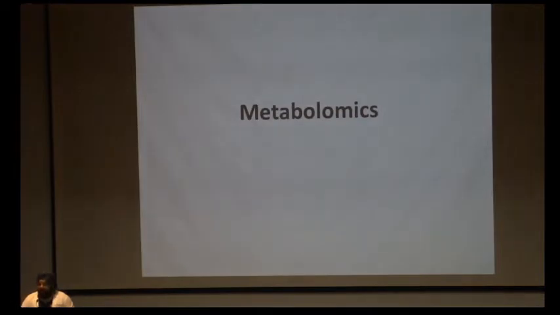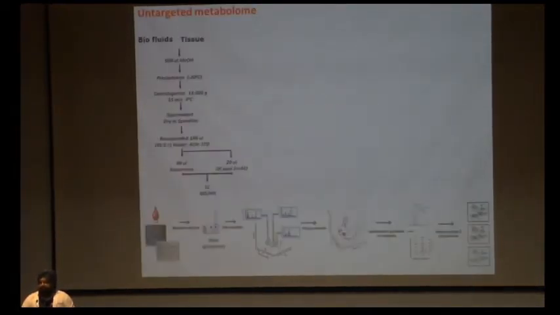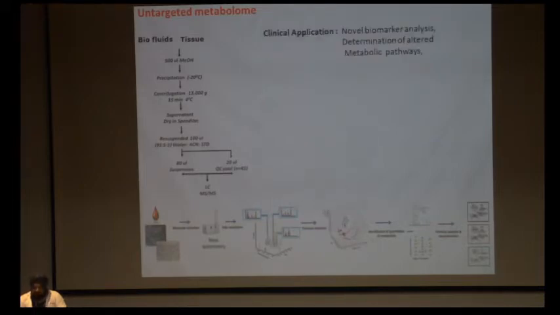We are very specialized for the metabolomics part. So untargeted metabolomics, we can identify thousands of metabolites. The best part is we have the library which can aid you to identify specific metabolites. So what we do is we extract metabolites by organic solvent extraction and identify them on the mass spectrometer. We can use any type of blood or tissue samples for extracting metabolites, and then after extracting we can do the bioinformatic analysis for the metabolites.